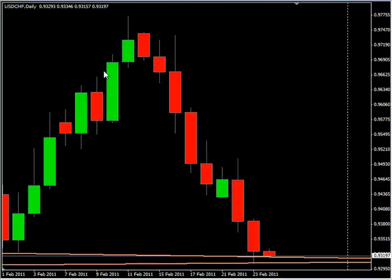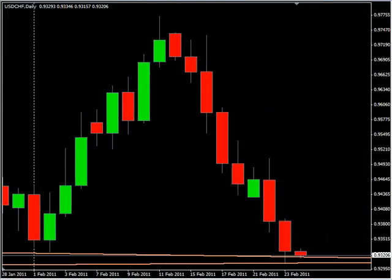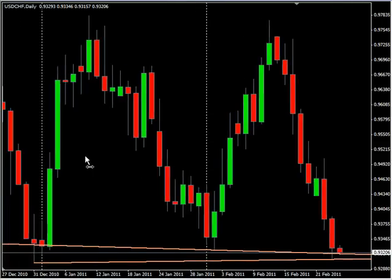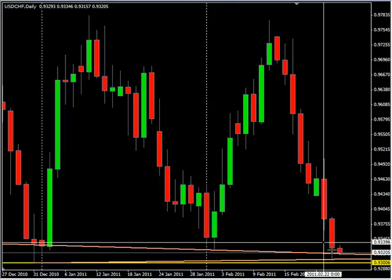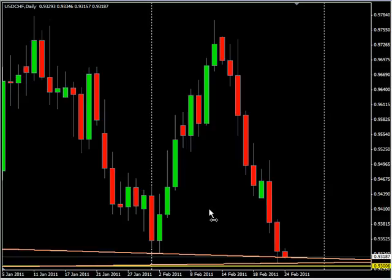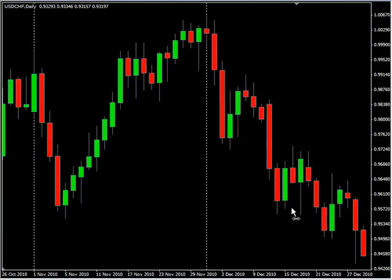You may be asking, well, where would I put my stop loss? Where would I put my take profit? Well, let me zoom in a little bit. Okay, well, first off, you could take this low and grab a quick little scalp out of this. That's about 8 pips off of the one trend line. Off the other, which is pretty much you're looking at about 17, 18. Those are just quick little trades. But what I'd recommend you do